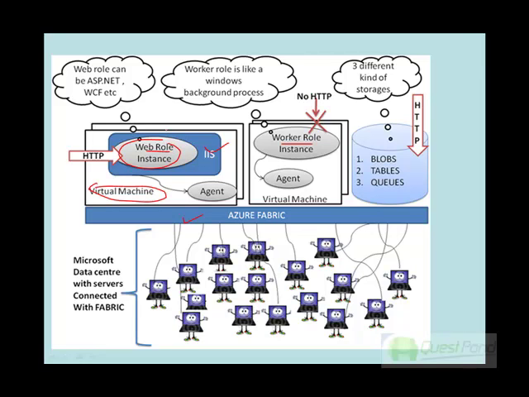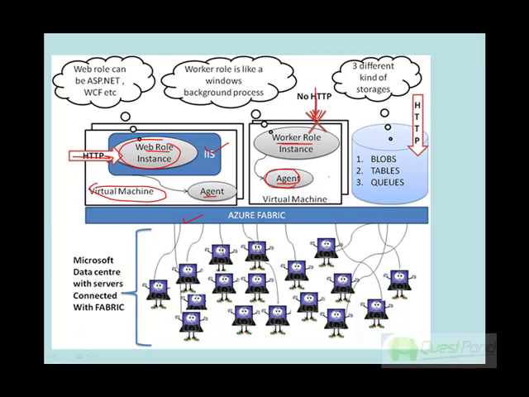Now the web role has the capability to take HTTP calls from the external world. The worker role doesn't. The worker role is like a Windows background process. So an external HTTP request cannot be routed to the worker role directly. Both web role and worker role instances communicate with Azure Fabric through an agent. So there's an agent component which helps to facilitate communication between the web role and worker role and the Azure